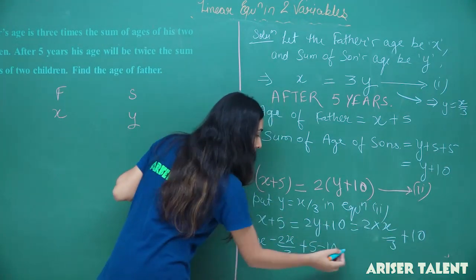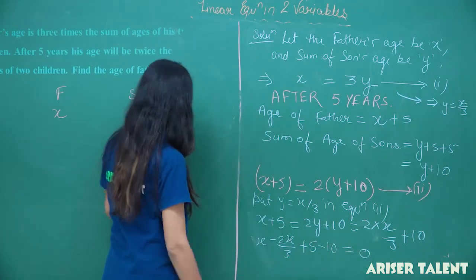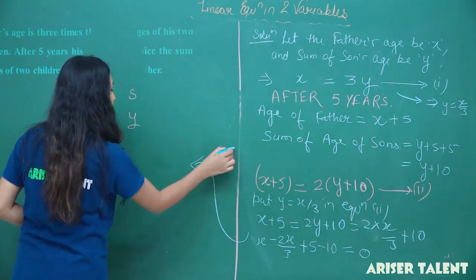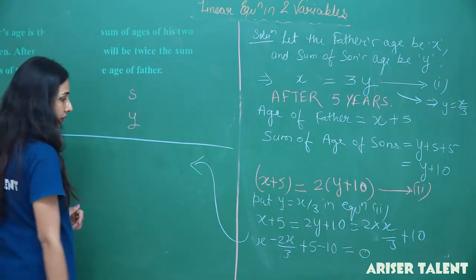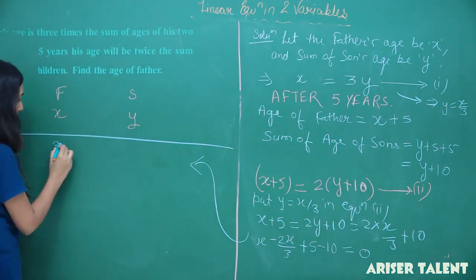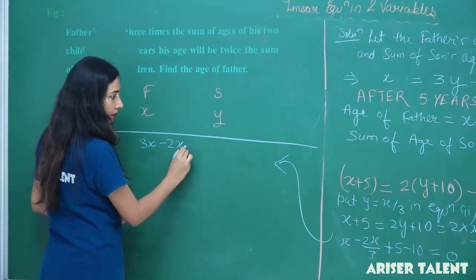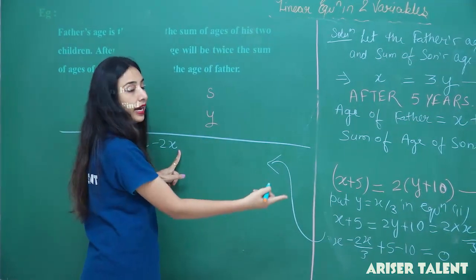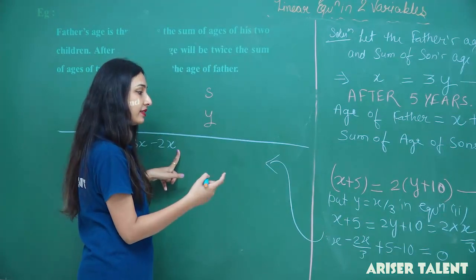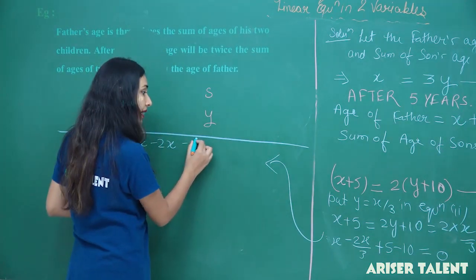It will transpose here, minus 10 equals to 0. Now, student, come this side. That will give you 3x minus 2x. Okay, now plus 5 and minus 10 is minus 5. Minus 5